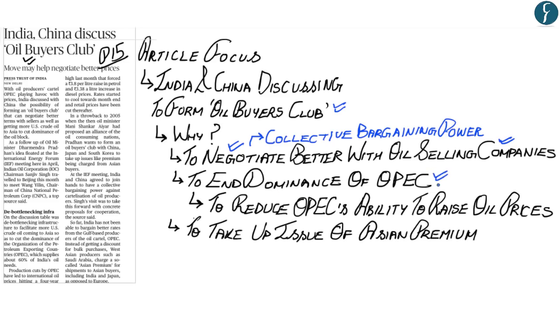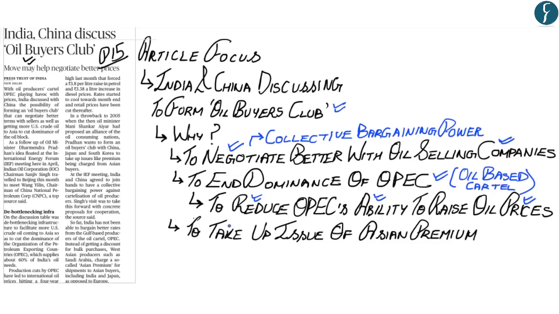Now, OPEC is an oil based cartel, wherein if the global crude oil prices reduce in the international market, the OPEC member countries would reduce their supply of crude oil to the international market. And because of the simple law of demand and supply, by reducing the supply to the international market, the OPEC countries increase the price of the global crude oil. And it is this ability of OPEC to raise oil prices that both India and China want to reduce.